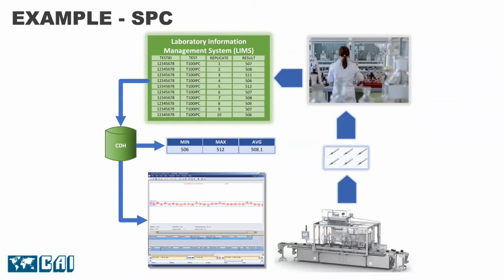I don't think I would have to do that today, since most of the contextualized data historians that are available now can monitor remote databases and determine when new entries are made and pull that data into the contextualized data historian. In any case, I was able to get the expelled weight values into the contextualized data historian in near real time. Now the operator could look at a control chart and determine if the average weight of the sample set was trending towards the upper control limit or down towards the lower control limit.